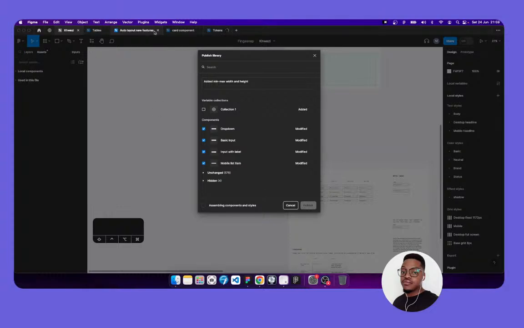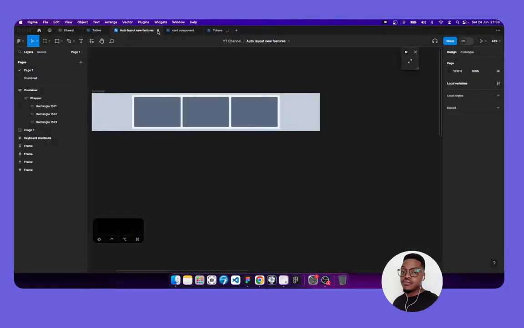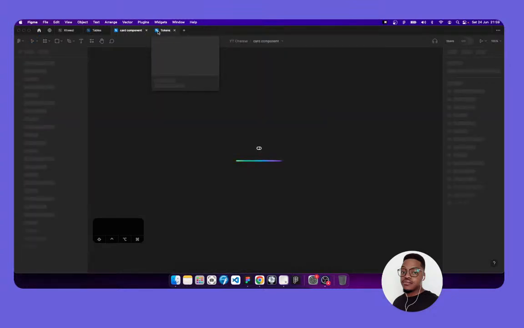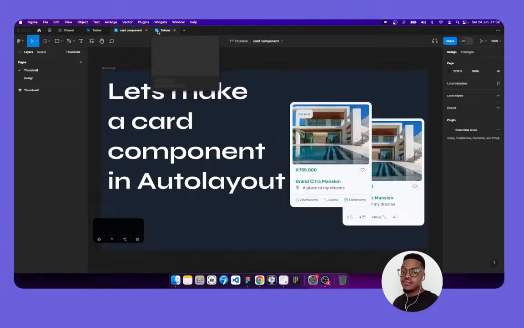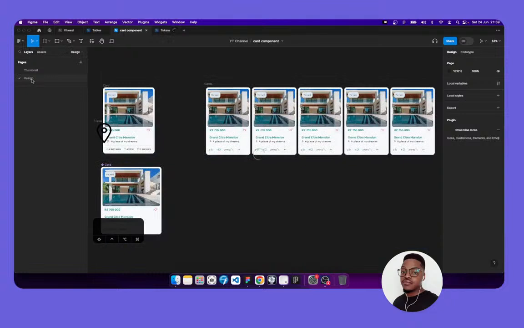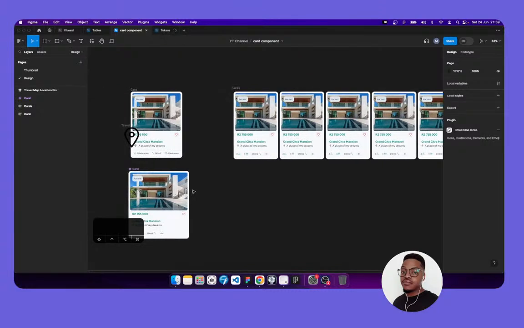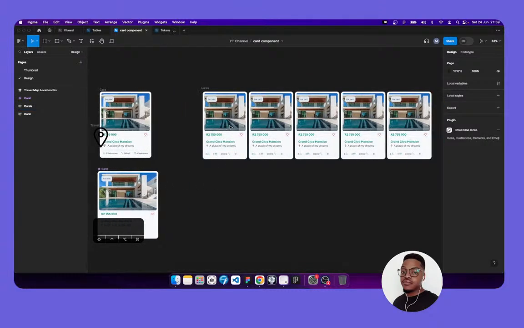Now, auto layout new features. I think we can stop that. Card. Yeah, I think we can work around with this. So with the card component, oh, that's actually cool because we already have